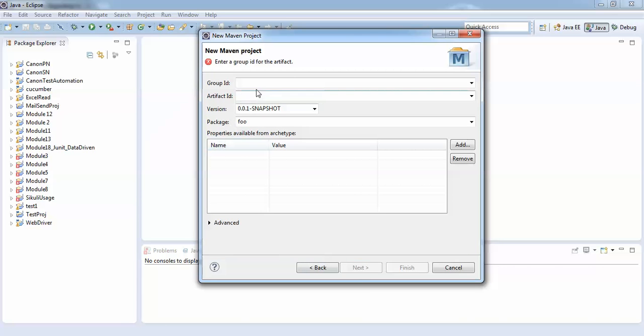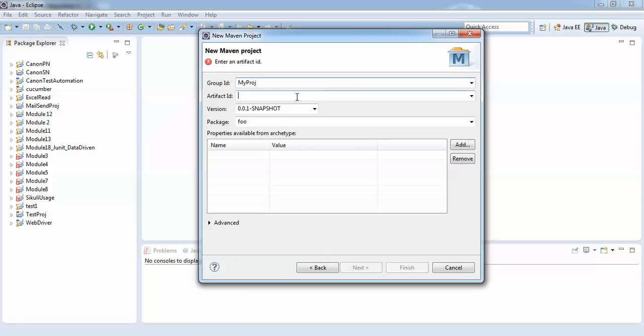Here you have to give the group ID and artifact ID. Artifact ID will become your package name, and under that the sub package will become your group ID, and these things are needed when you do dependency management. That I will show you later. Let me give some name like my project.